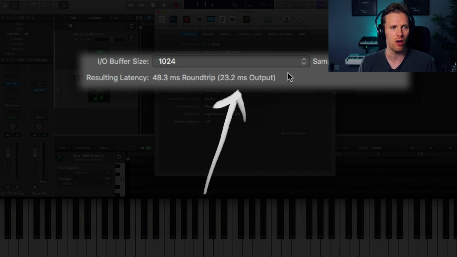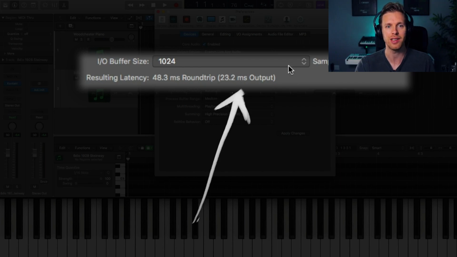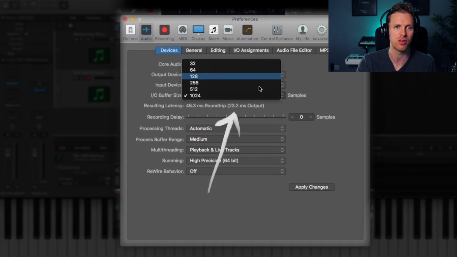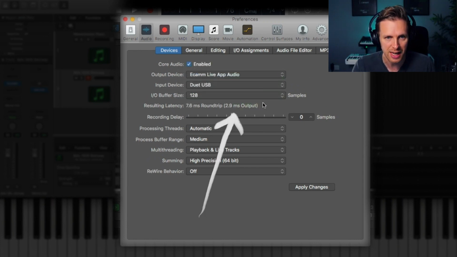Now, anything over 10 milliseconds will feel very, very annoying indeed, but I like to try and keep it below 5 milliseconds, so it's really not that noticeable. So if you go for something like 128, that's going to give you something like 2.9, but this is